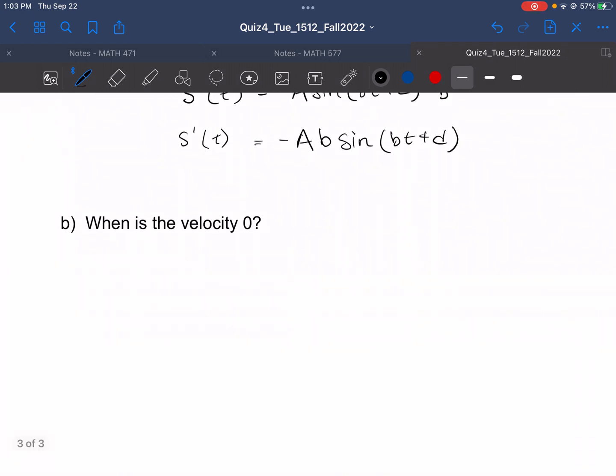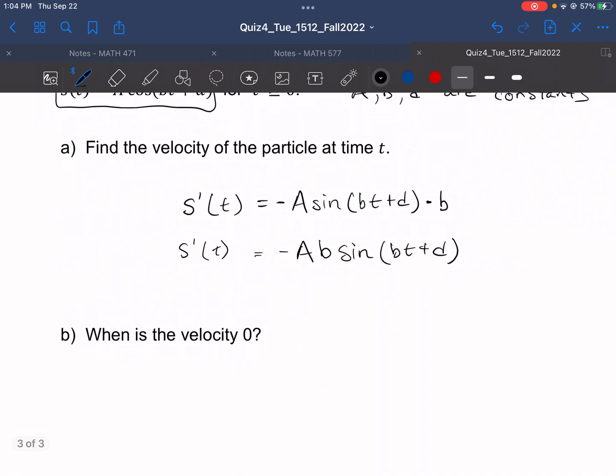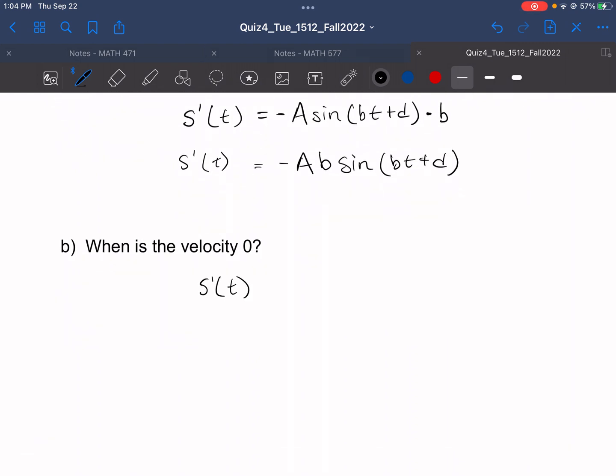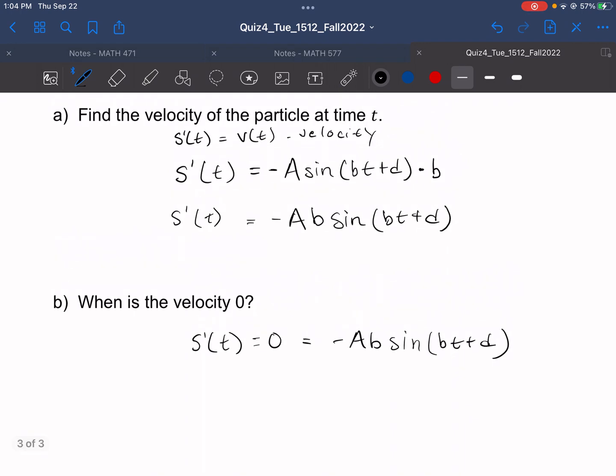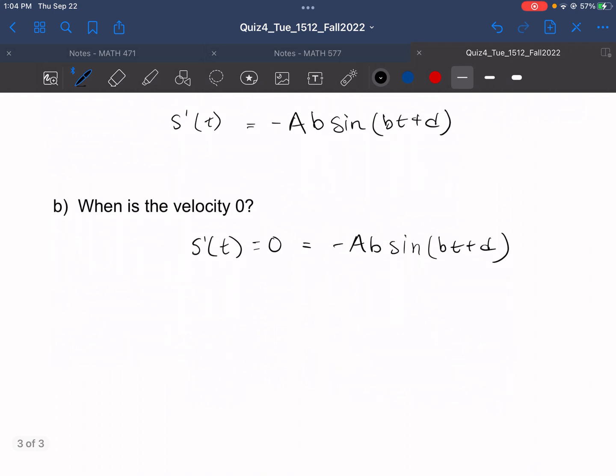So when is it 0? First off, we needed to know in part A that s prime of t equals the velocity. So now we need to set s prime of t equal to 0, which is negative a b sine of bt plus d. From this we can see that if b is 0, then that is true, but if b was 0, our function would then be a constant for all time, and the velocity would be 0 for all time. So we're going to ignore